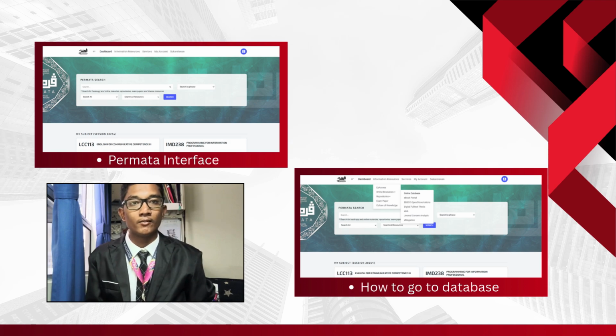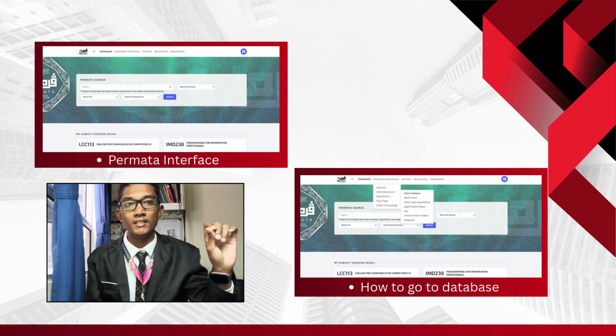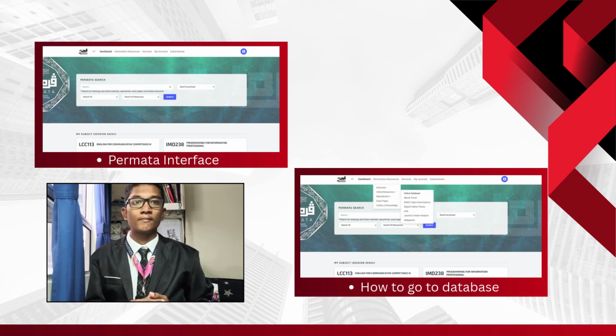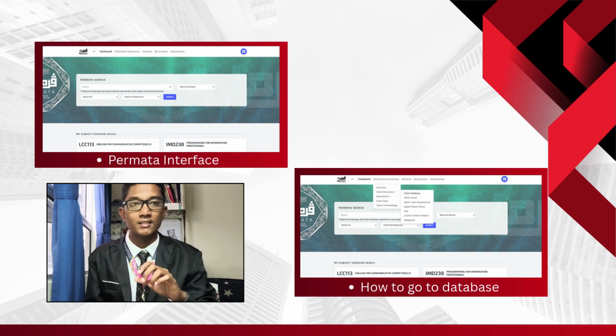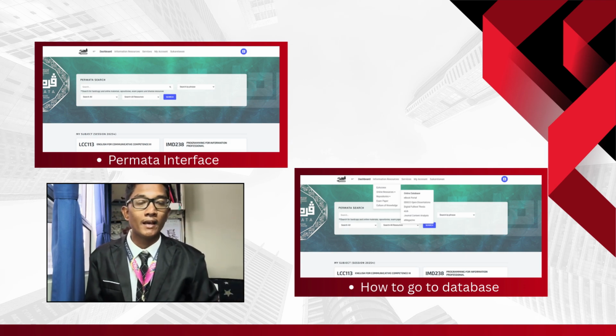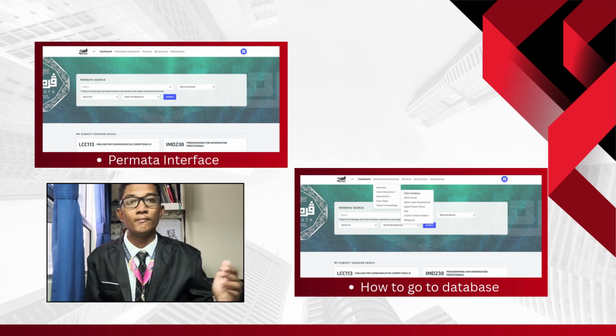After that, you need to go to the dashboard on top of the Permata interface, and then you click on it and a lot of results will come out. One of them is online resources, and you need to click on the online resources, and then more results will come out. One of them is online database. You click on the online database and it will instantly bring you to a lot of database results